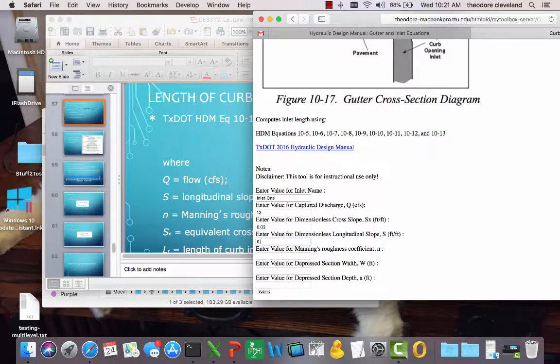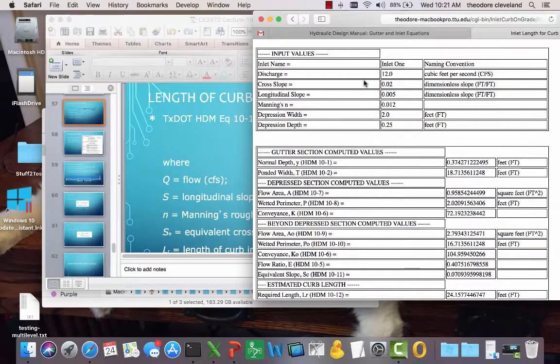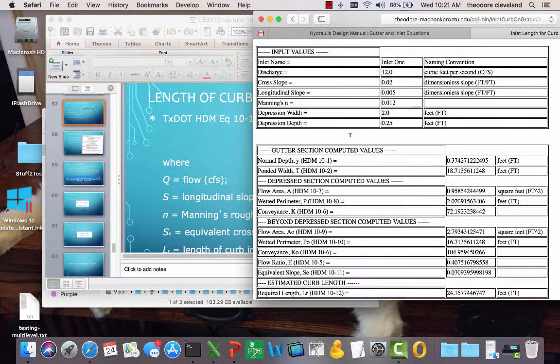Longitudinal slope, make it pretty flat, 0.5%. Manning's roughness, value for depressed section width, I don't make it 2 feet, make a big one. Depressed section depth, 0.0253 inches. Yeah, what the heck. 1/4 of a foot. And all this does is implement that series of equations that are described in the design